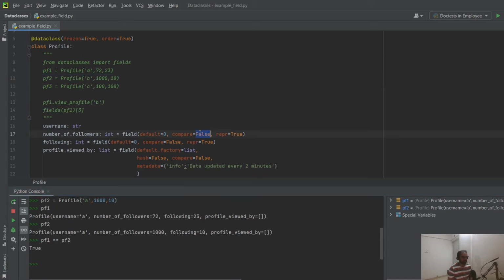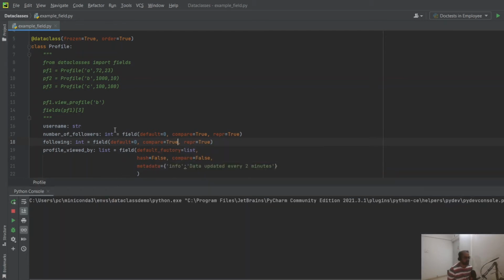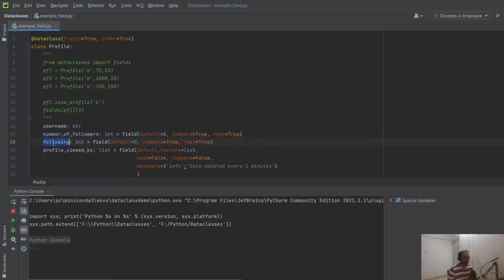Now let's just revert it to true. I didn't know it was possible to misspell true, but it is what it is. And now we have included the number of followers and number of following in the comparison. So next, when we create these objects pf1 and pf2, then in the comparison these would be included as well. So if I just do from dataclasses import field, from example_field import * pf1,